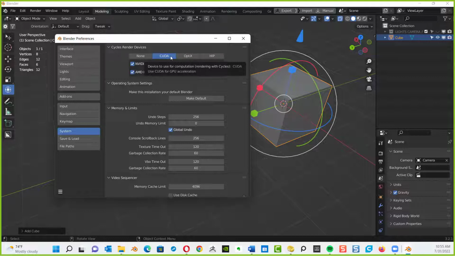But if you have CUDA, it will recognize both your processor and your graphics card. So I've got the GeForce RTX 2080 Ti, and I've got the AMD Ryzen 9 16 core. So I make sure both of those are checked. So it will recognize whatever you have in your system. Just make sure they both are checked.